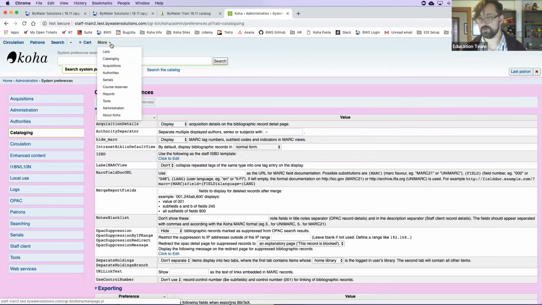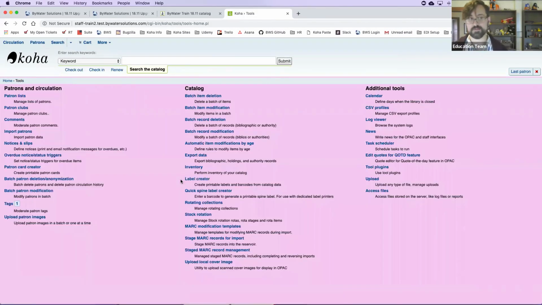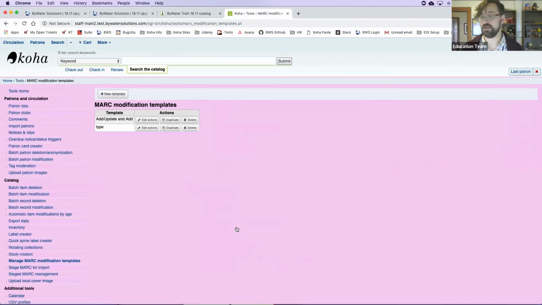Next up, I'm going to do a quick swing by MARC modification templates. Marcia asks, what about bulk edits? I believe this does apply to bulk edits, yes. Speaking of bulk edits, modification templates, we've got a new option here. So previously,